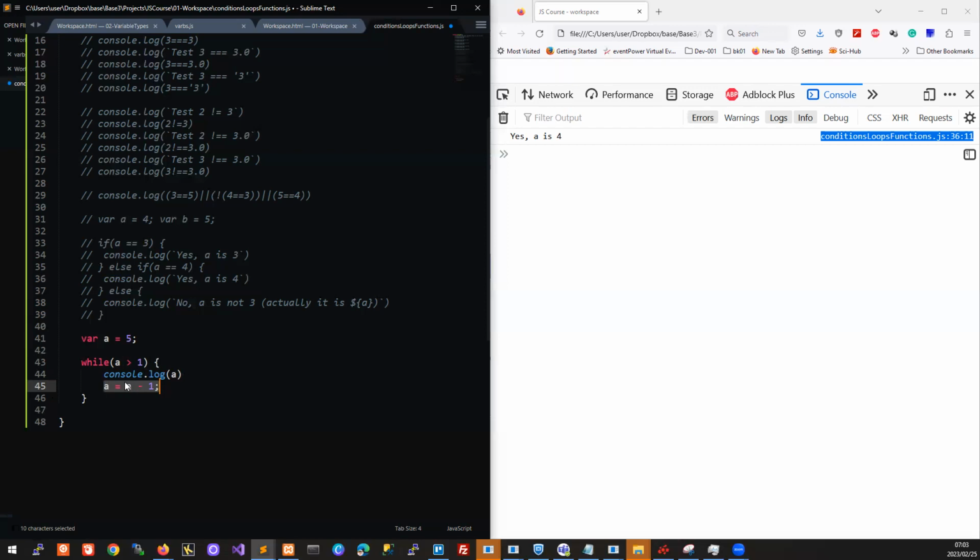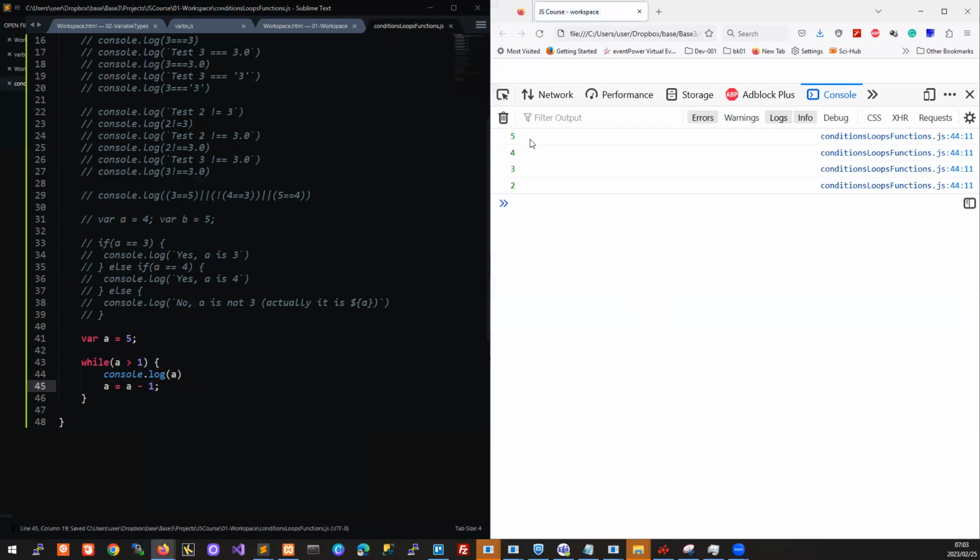Then at some point, A does equal 1, and then when A equals 1, A is no longer greater than 1, so we don't expect it to show us a value of 1 here. So let's run this. And we can see 5, 4, 3, 2, and then A reaches a value of 1, and then the condition is false, and so it will execute what lies out here. And so, for instance, if out here we had console.log loop completed, if we run this, you can see that